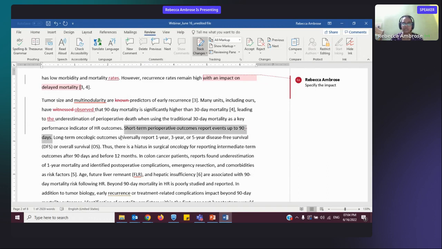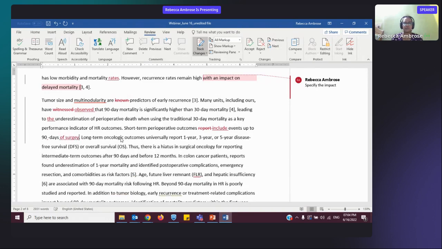I think what the author is trying to say is, perhaps, short-term perioperative outcomes include events up to 90 days of surgery, and long-term outcomes